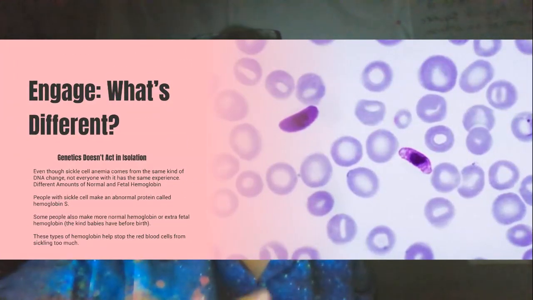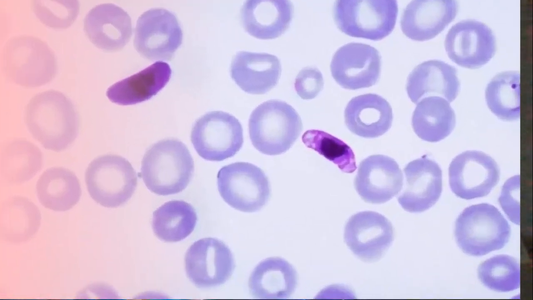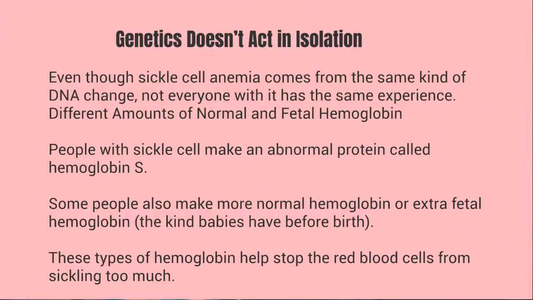So here we have some beautifully contrasted red blood cells under the microscope. And if you notice, they're not all looking that healthy, beautiful, rounded shape. One thing to remember as we talk about this is genetics don't act in isolation. So even though sickle cell anemia comes from the same kind of DNA change, not everyone who has it will have the same experience. So some people are going to have more symptoms than others, and that's because people with